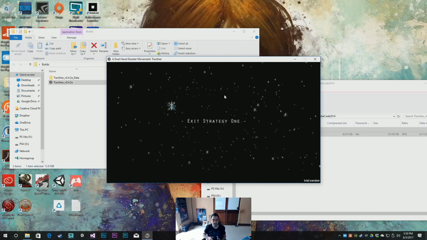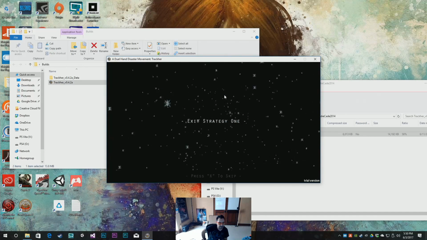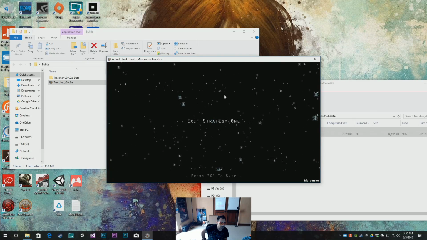This planet will self-destruct at any moment. If push comes to shove, you can abandon the mission by holding down the left shoulder button and pressing up on the D-pad. It'll destroy the planet and take...